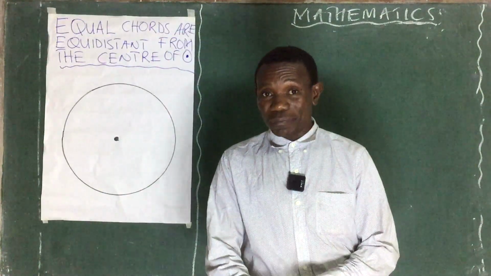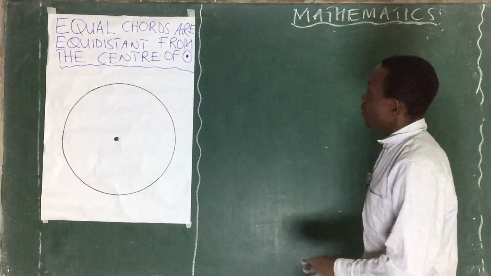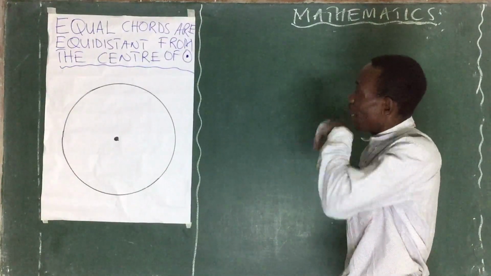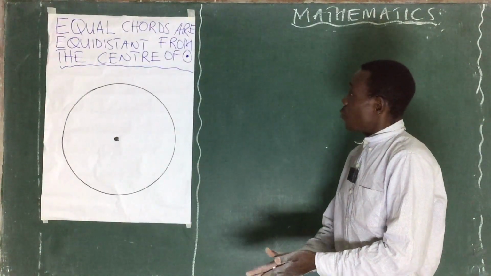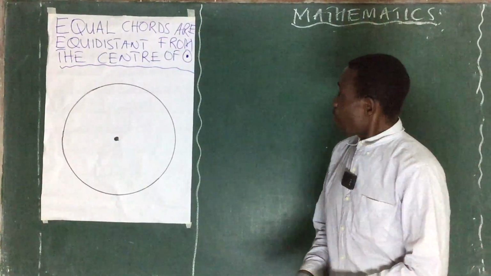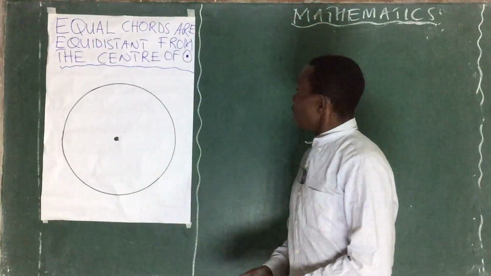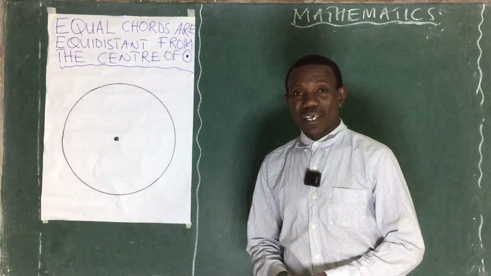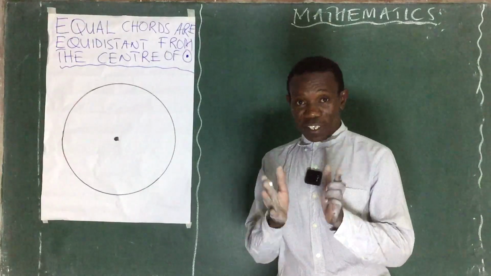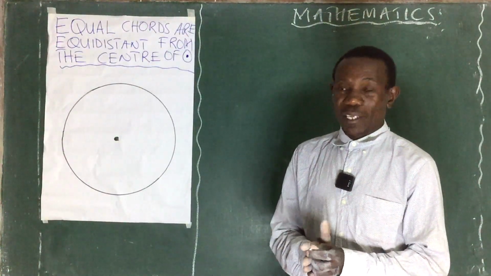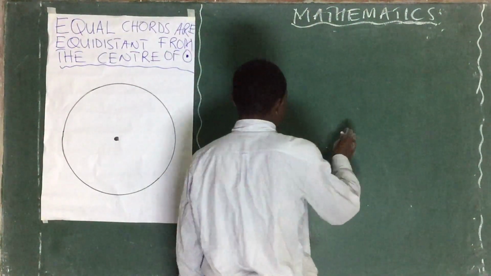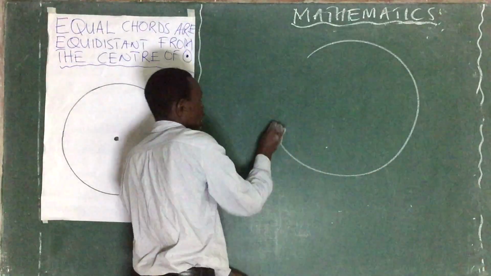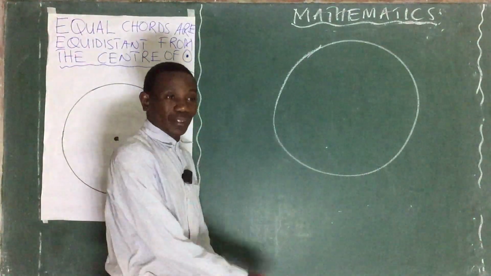Let's be together. Now I will introduce you to the third property of the chord, and this is about equal chords. What you should know about equal chords is that all chords which are equal are equidistant from the center. Meaning to say, if I have a circle like this one here,